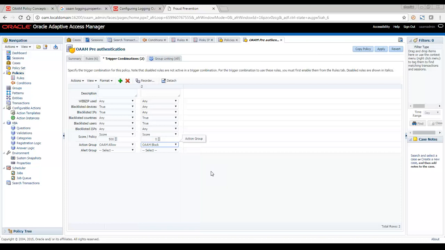One thing you need to remember, always remember: if you are defining a trigger combination, then that trigger combination will always kick in once all the rules are executed, whether they passed or failed. Because the result of the rules will be checked by the trigger combination. We are only checking the results, whether that rule is false or true, or it could be any.